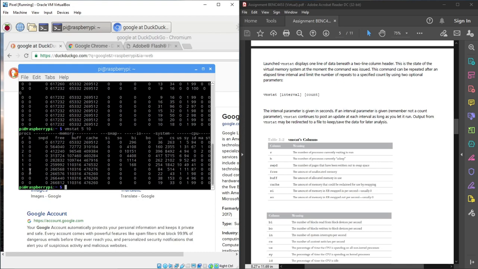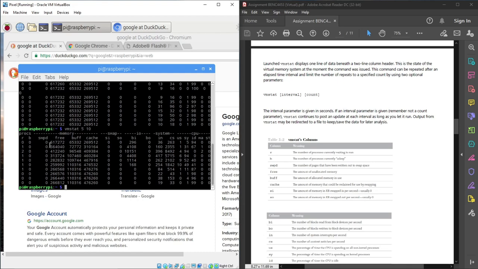So at the second data, it shows that the R is waiting to run this first instruction. At that time, the free memory is about 564040. And after the browser is fully run,